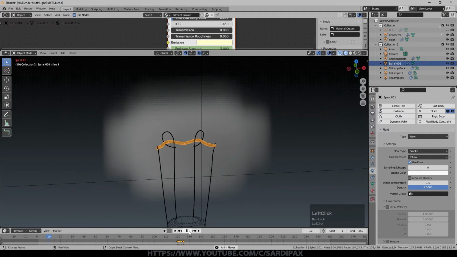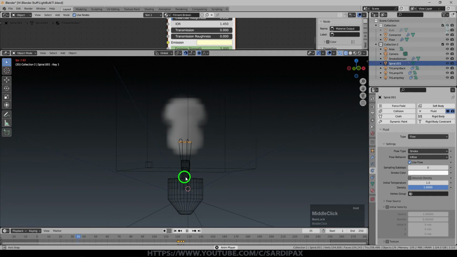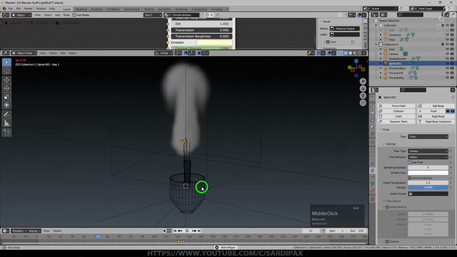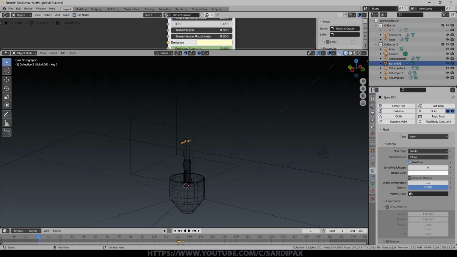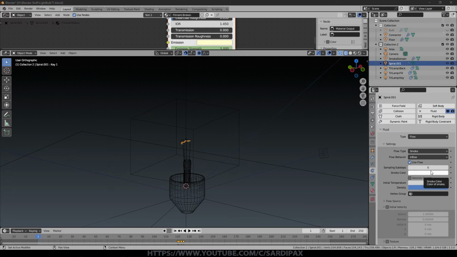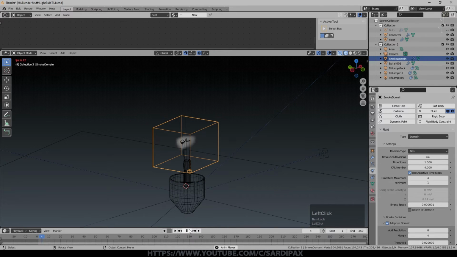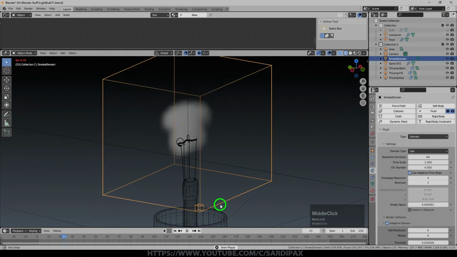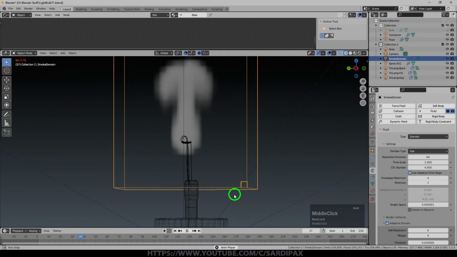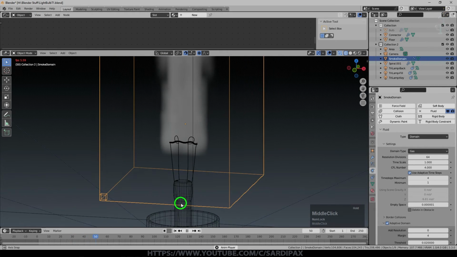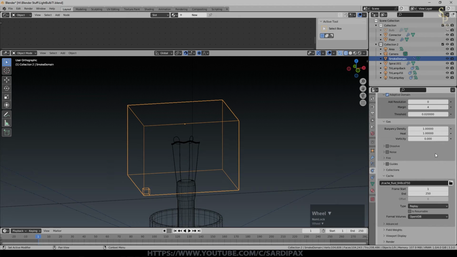So if I just click play, we are actually getting some smoke, but you can see it's very, very low resolution. So we'll turn that up. Ultimately, I used 256. Obviously, it takes longer to bake that. So I just select my domain. We'll go to 64 at the moment, still relatively low resolution. But you can see we're starting to get some shape on our smoke there, and it's clearly being emitted by the filament. I'm going to come down here and click is resumable, which allows us to part bake it, decide whether we like it or not, and then continue if we want to.